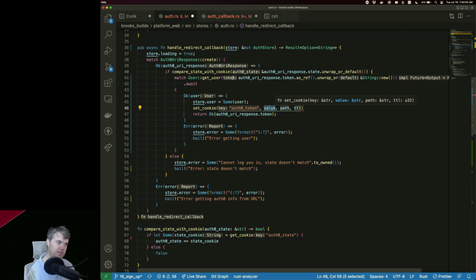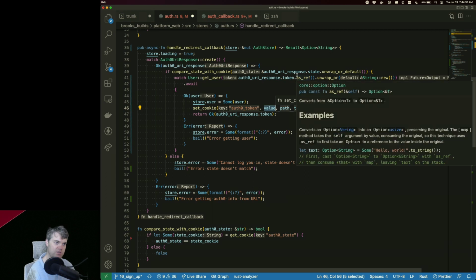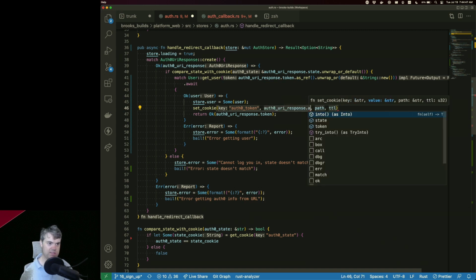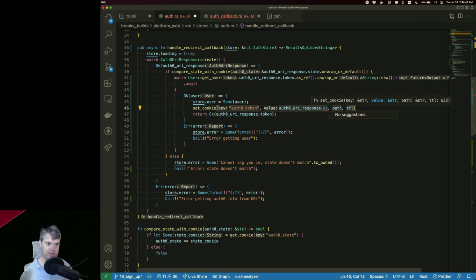So match get user is auth0 URI response token as ref.